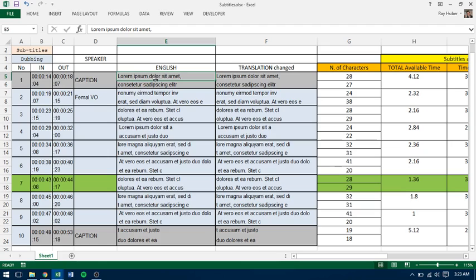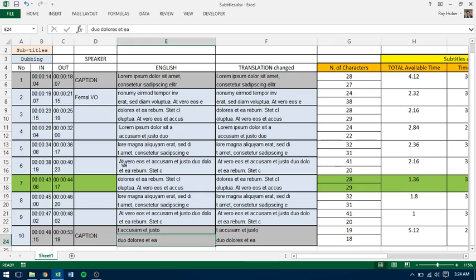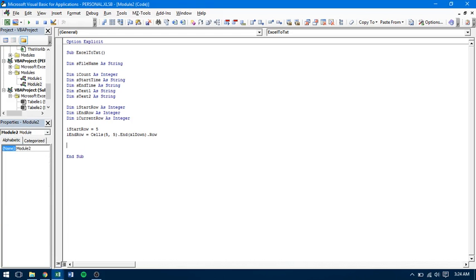It's essentially the same as if you hold Control and press down, it goes to the last row with anything in it. And so now you're just looking at that, and then from here you write .Row, and that returns the row number. We have the row that has the last bit of text in it, the last subtitle that we need. So from there,